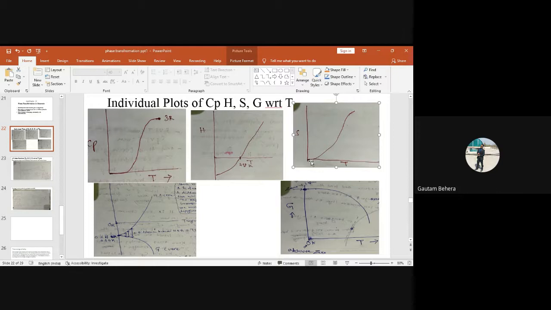So you can see, and we also know that entropy always increases with increasing temperature. It basically follows this kind of trend. The Cp versus T trend is followed by entropy also. But entropy always increases with increasing temperature. The higher the temperature, the higher the entropy. Right? So suppose this is at 0 degree Kelvin, entropy is 0. But the moment you increase the temperature, the thermal entropy is increasing. Right?